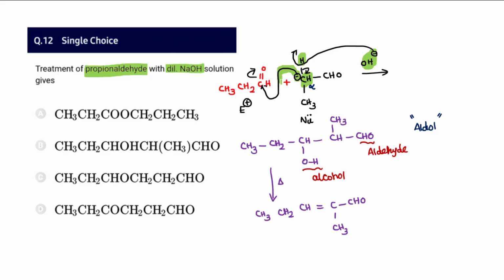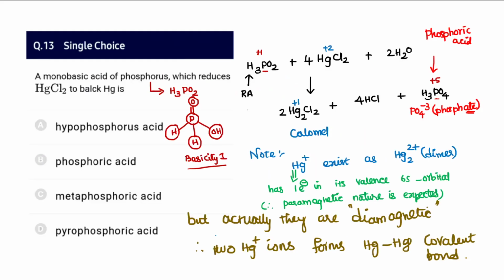This minus in turn attacks the positively charged carbonyl carbon, and the 2 electrons go to the oxygen. So finally it results in the aldol product. It is called aldol because it is aldehyde plus alcohol. Further, a condensation product is also possible, but the option stops with the aldol product. So the 12th one, option B, seems to be the perfect match.